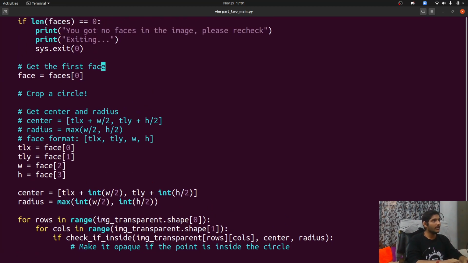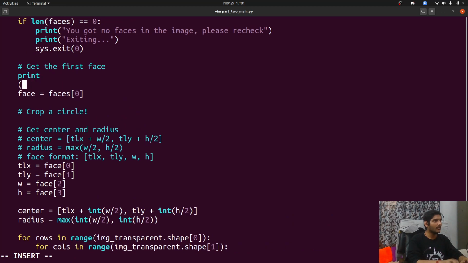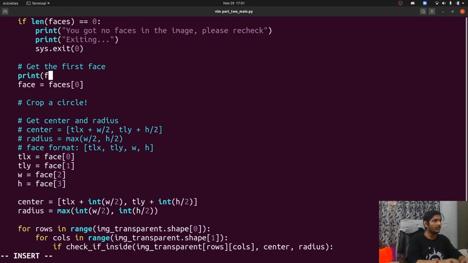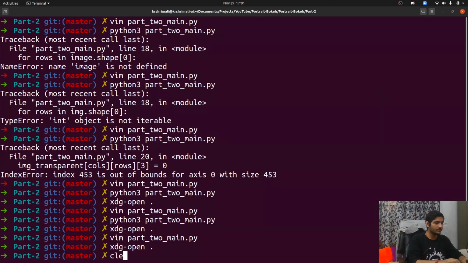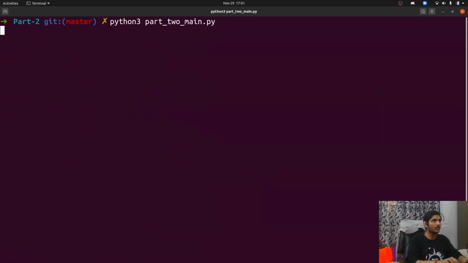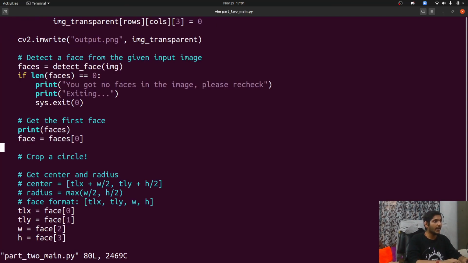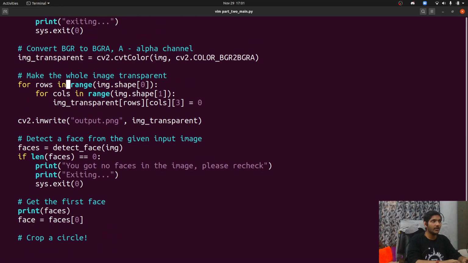Let me just print the faces as well, just to check what faces we got from here. So we got these faces, right? 134, 74, 73, and 73. And let's go to main.py and see which coordinates are actually inside this thing.